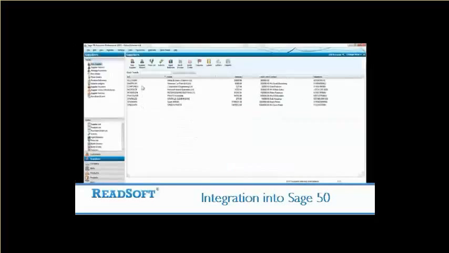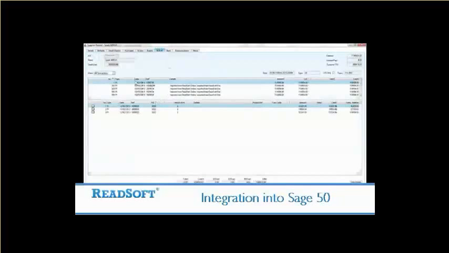So if we head into Sage Line 50 now and pick out Spark Minder, head into Activity, and I can sort the information by date. And you can see that the last invoice to be processed was the 19th of February, and our invoice was dated the 2nd of March. So you can see that the invoice has not yet gone through to Sage, but it has been registered,